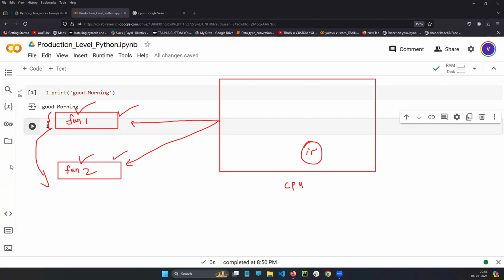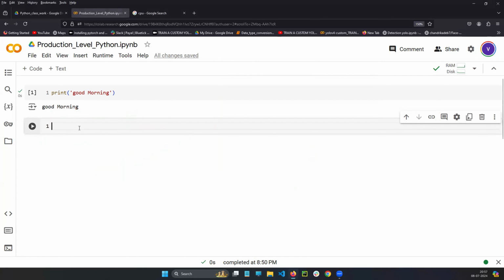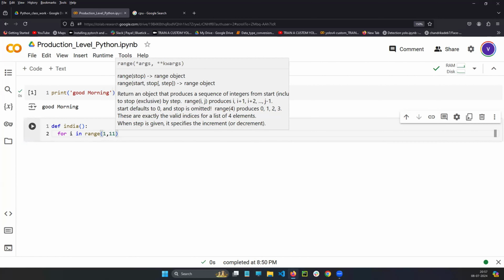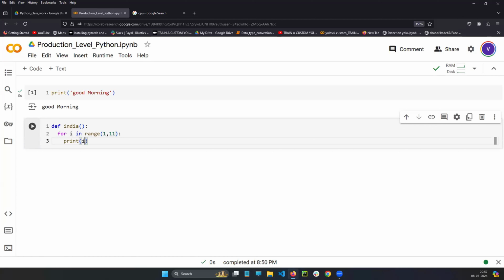You got my point? I will write the questions also in front of you. See, I will write the logic. Let's say I am going to create a function, guys. Function 1 I am going to create as India. Okay, a normal function. Here what I am going to do is for i in range of 1 to 11, print i. So def USA: